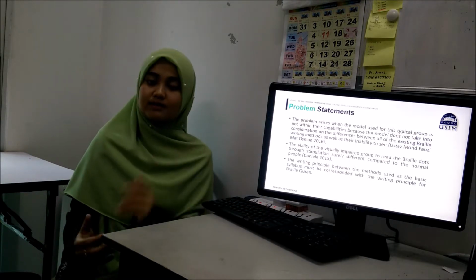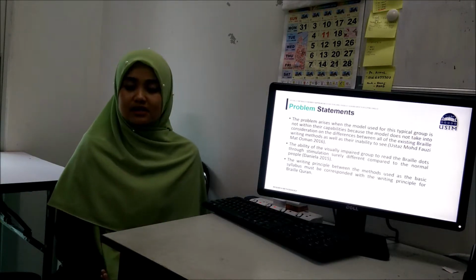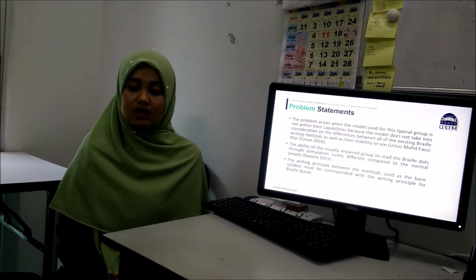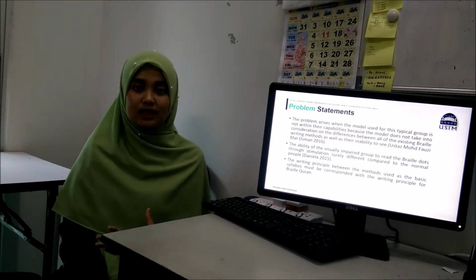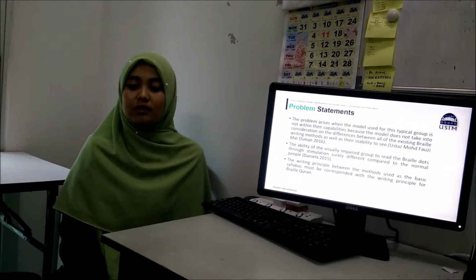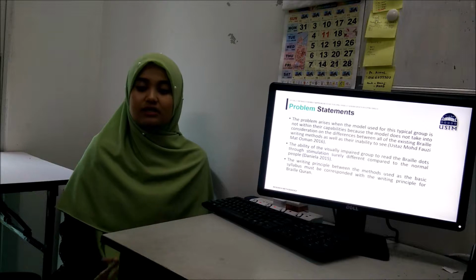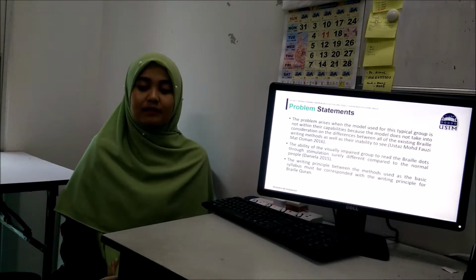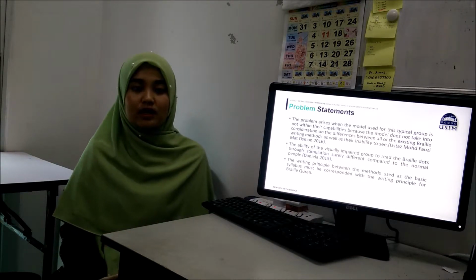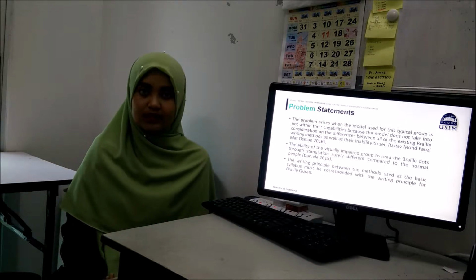And then the problem statement. The problem arises when the model used for this typical group is not within their capabilities, because the model does not take into consideration the difference between all of the existing Braille writing methods as well as their inability to see.